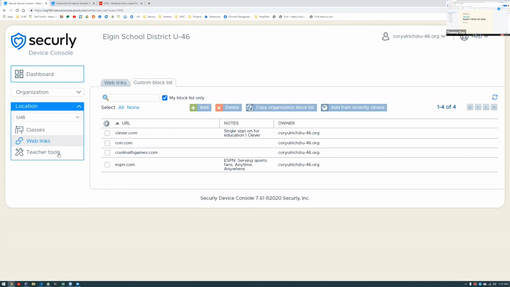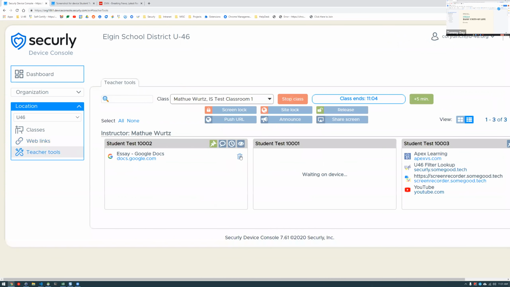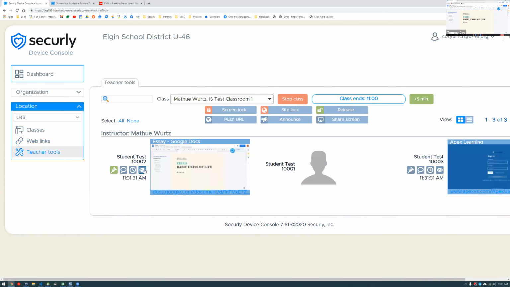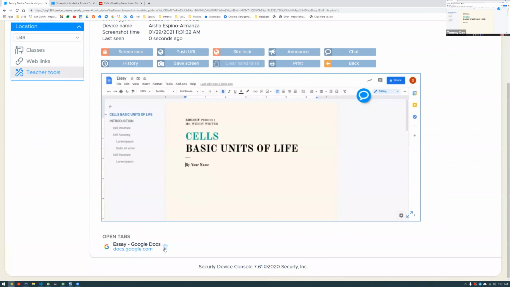So an easy way to get those URLs of sites you don't want them to visit, when you're either in the list view here clicking the trash can to dismiss a URL, or inside of the device view itself closing those sites with the trash can here, as long as you've closed that site recently,